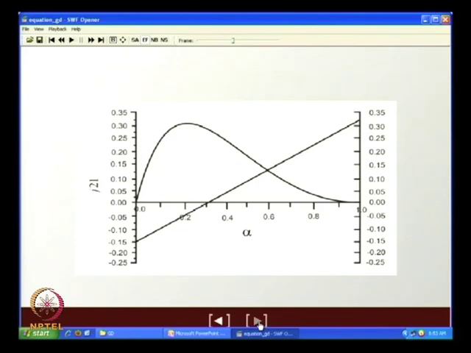Now, if we take the next case, this was co-current downflow. Now, see the situation for co-current downflow. In this particular case, we find that more or less the point of intersection occurs somewhere here. Now, if we keep J2 constant and increase J1, then we find gradually alpha shifts to lower and lower values. If we keep J1 constant and increase J2, we find they shift to higher and higher values